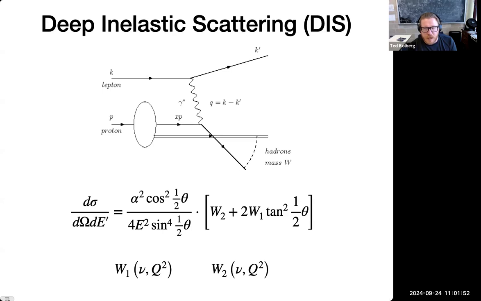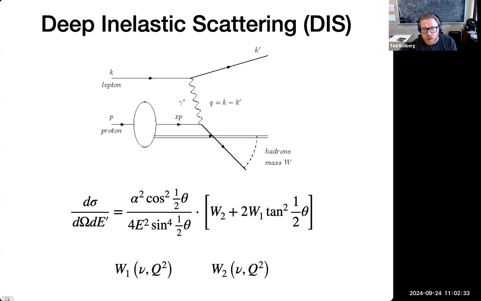So the nu and the q squared are no longer exactly correlated in the inelastic case, and we have to instead determine W1 and W2 from data. The way that we do that is by measuring the differential cross-section at different values of E prime or K prime and theta that correspond to the same values of nu and q squared. So you can go to a different angle, for example, and then find the population of electrons which lose the same amount of energy as your previous point, but in this new direction. And by making a bunch of comparisons of that type, you're able to extract the values of these functions W1